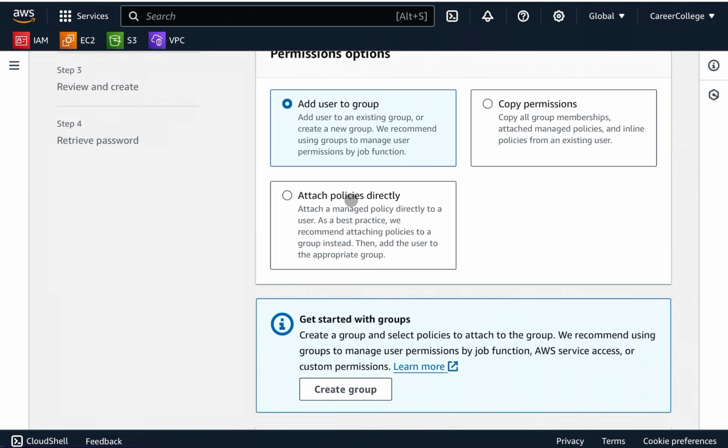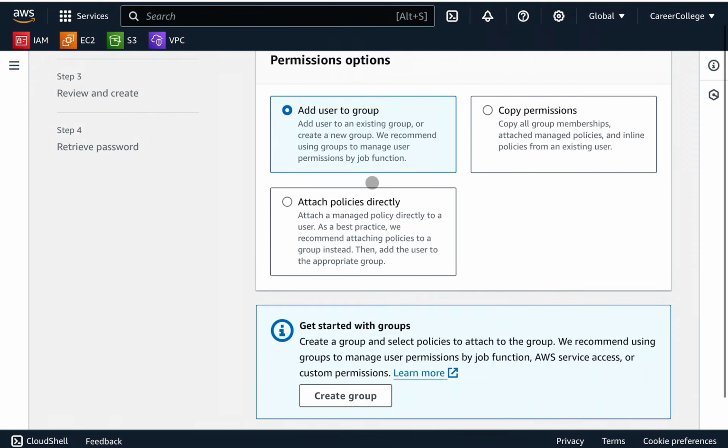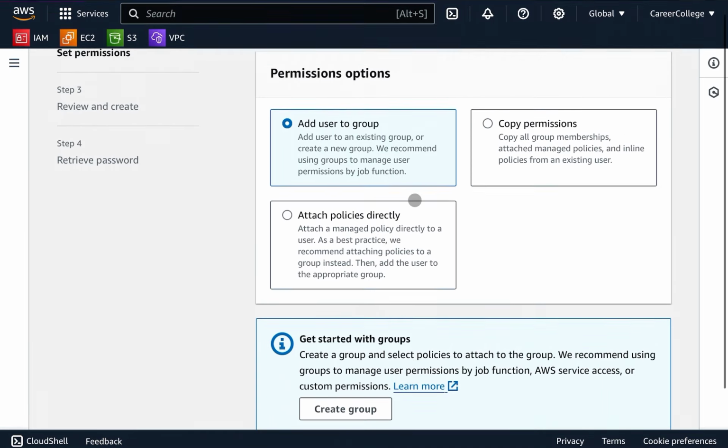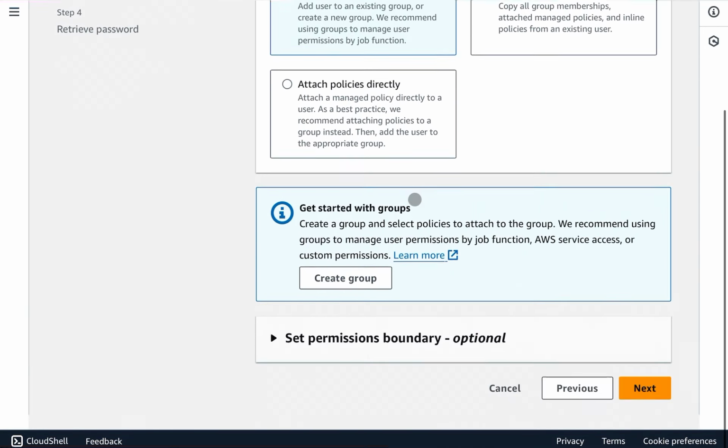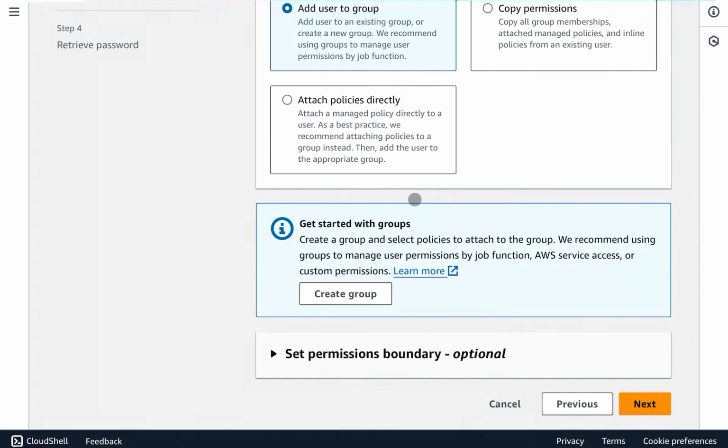So we can give the access directly to this user, or maybe we can add the user to a group. But in this case, first we will create an individual user without any policy, and then we will try adding the user to the group, and we'll give the access from there. But we will check this option as well, how to attach a policy directly. So let's click on next,